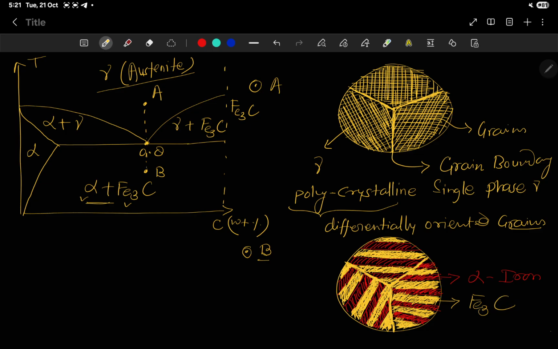This is the Fe3C region, and the combination of alpha plus Fe3C